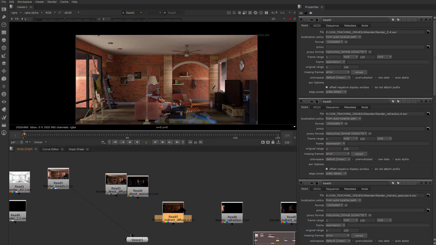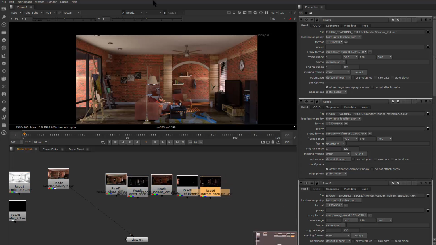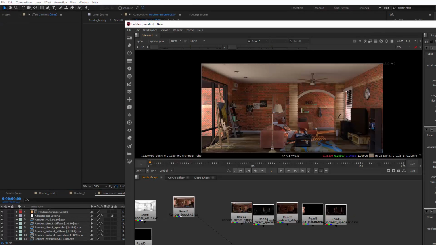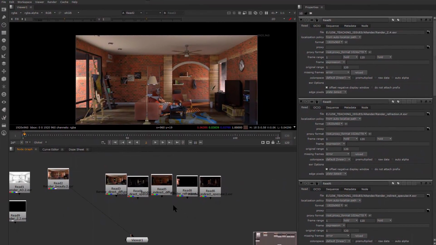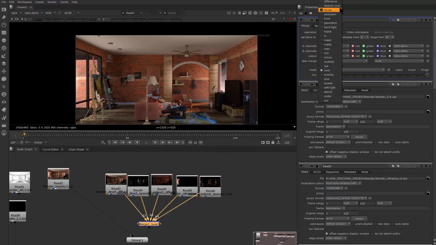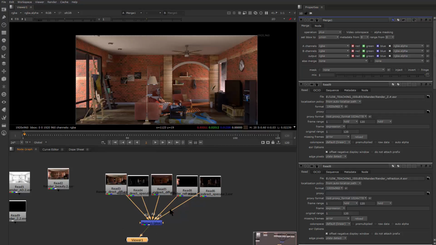Okay, so for those ones, I'm going to merge them together. Like in After Effects, what we did was have those layers combined together using screen. So here you can do the same thing. Just grab them and press the M button. That's the merge node. You're going to merge them together. The merge method will be changed here in this property panel, and then the merge operation, you see there are a lot of things. What we're going to do is plus or screen, that will add them together, and then if you press 1 now, you can view the results of the